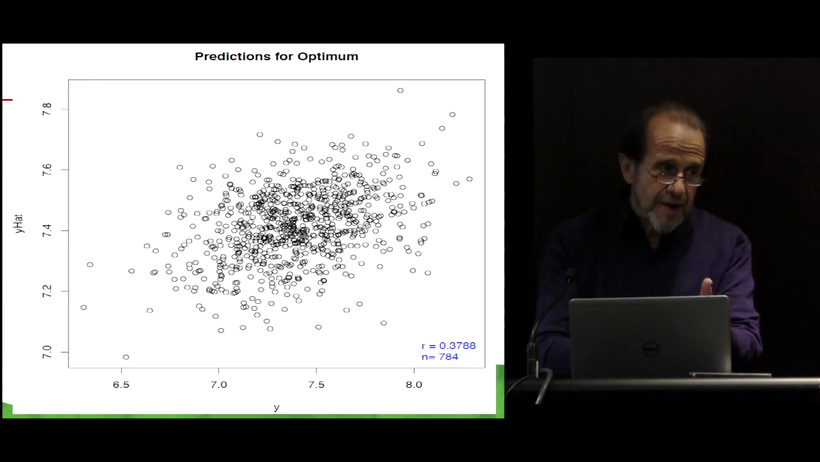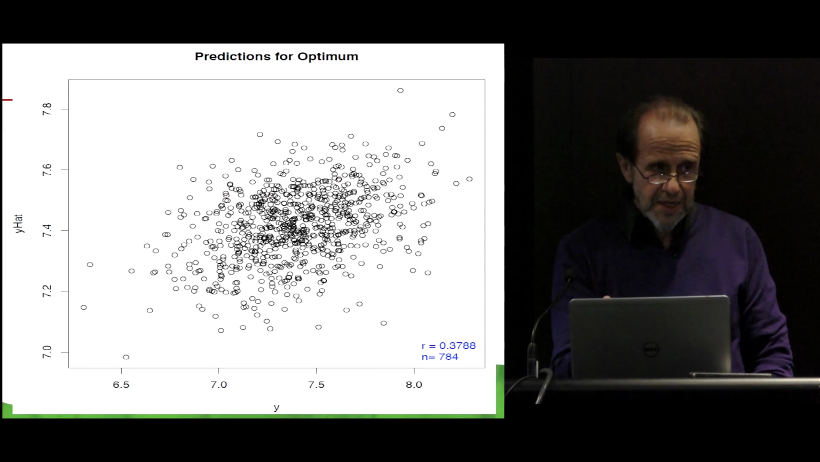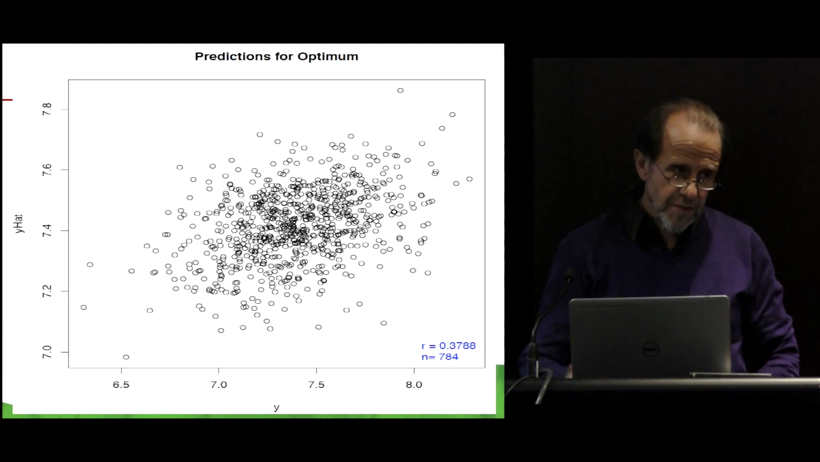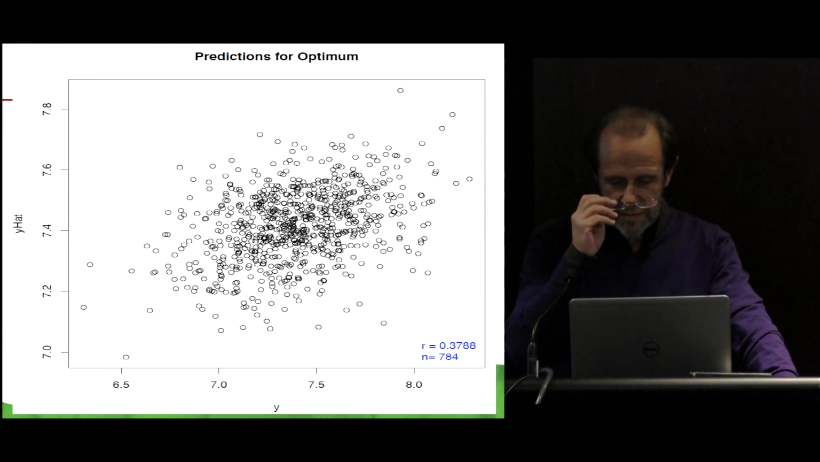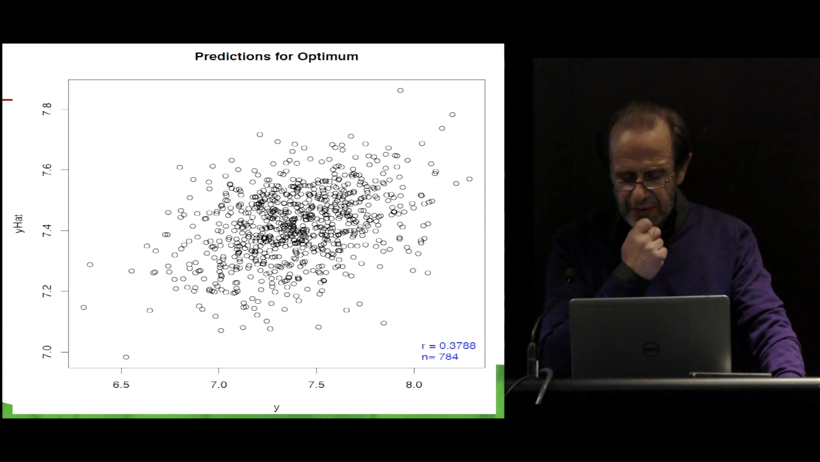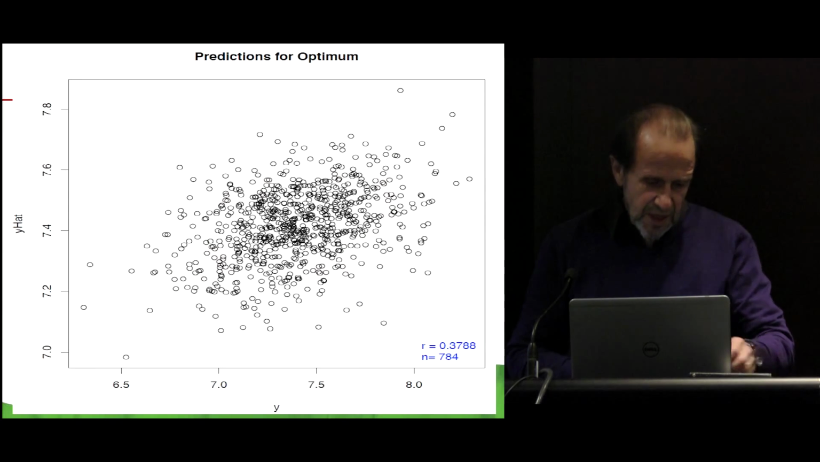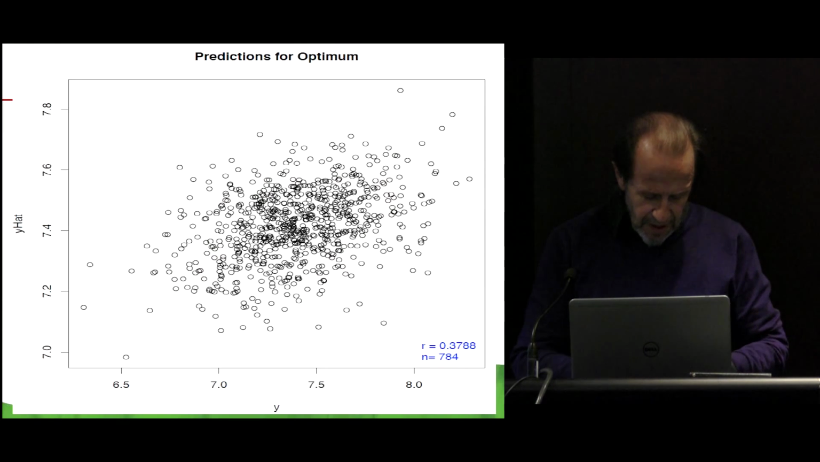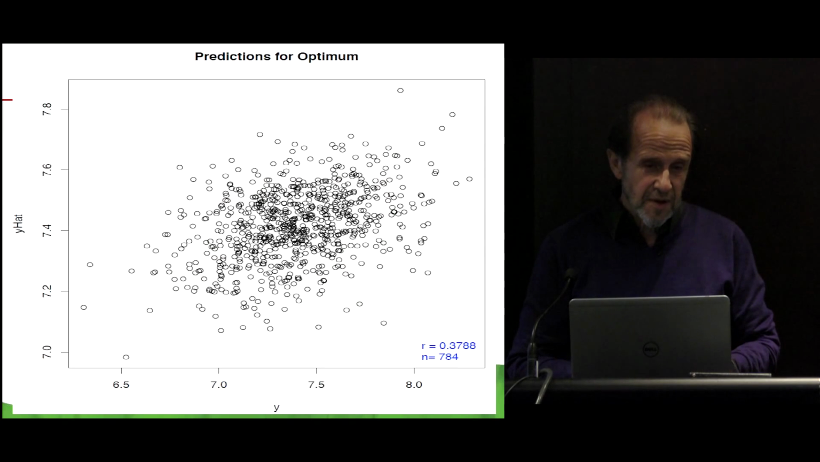This is the reverse. This is the prediction using the training, the guys in India, and predicting the performance of the optimal site in Obregon. A little bit lower than the previous one. So Obregon seems to be still a good site for